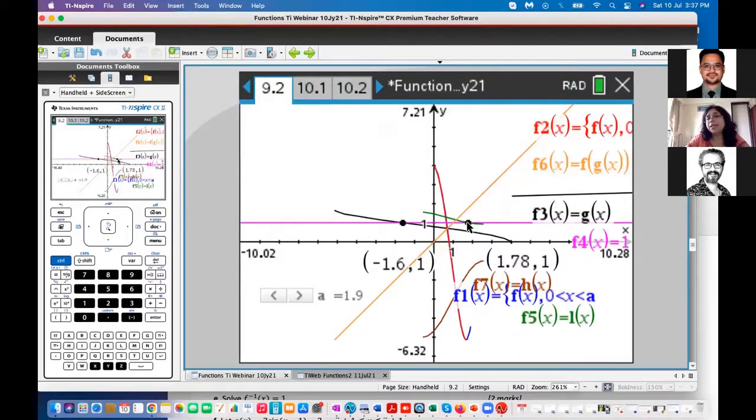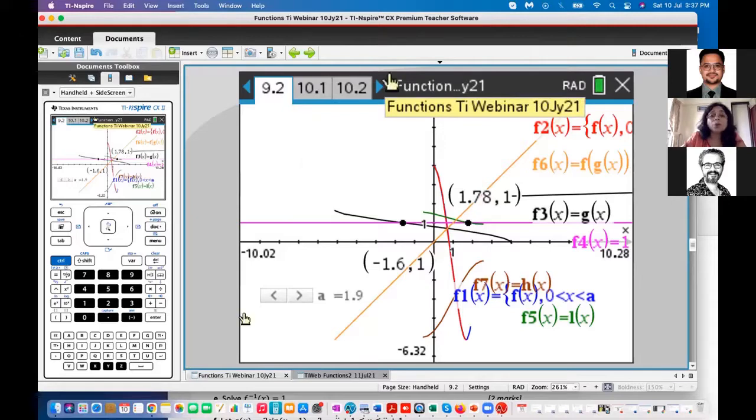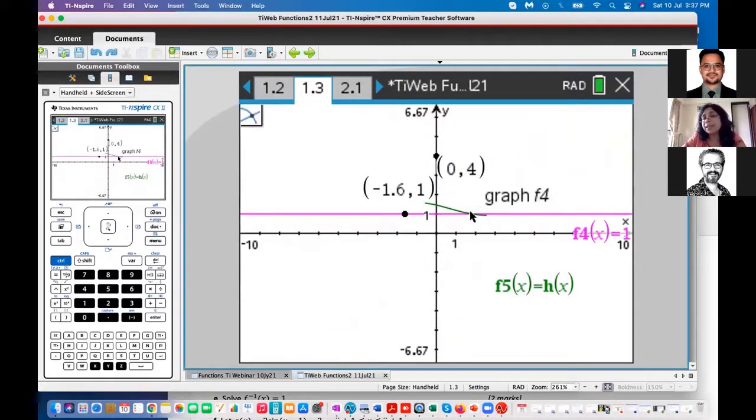So if you can see this point of intersection, it's 1.78 and 1. So it works. I don't know what went wrong right now, but it is 1.78 and 1. So the point being that graphically you can see that this intersection point is 1.78, and though